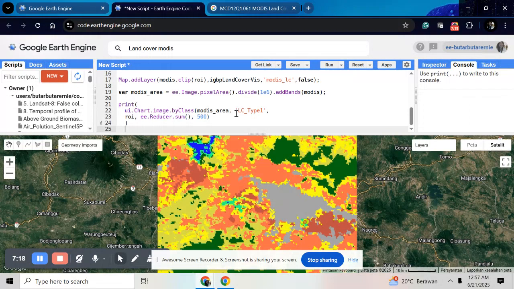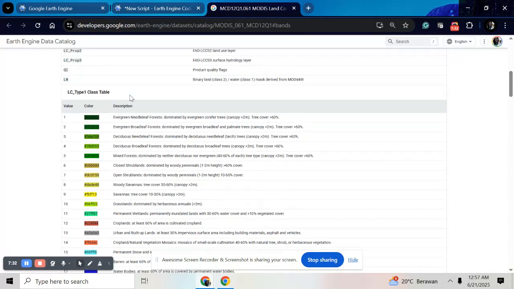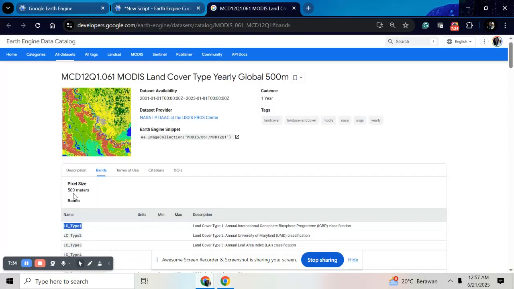So get the modis area and give the name LC type 1, and the geometry is ROI, and the reducer uses the sum. And this one is for the scale that we can see here. The scale of this dataset is 500 meters,